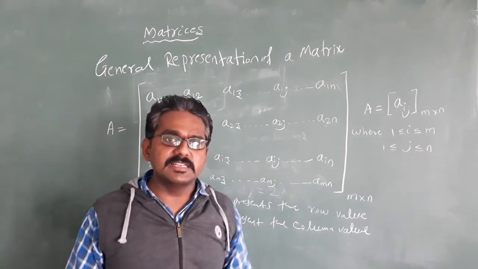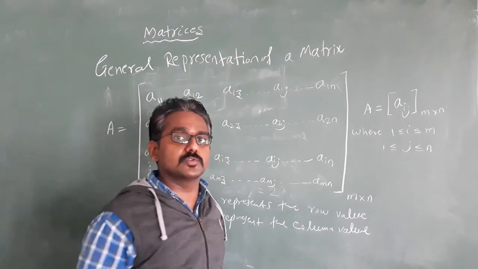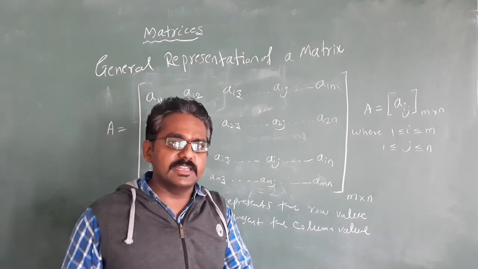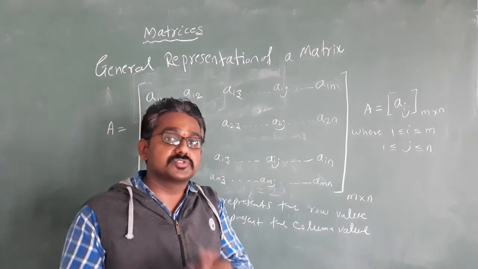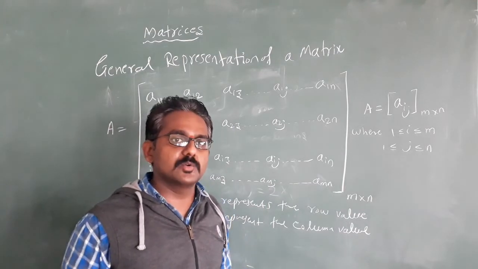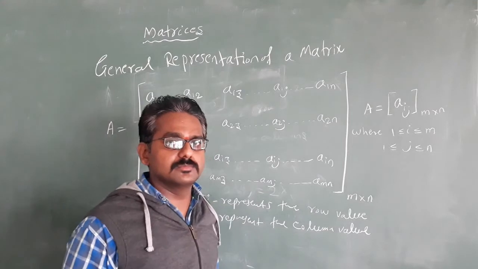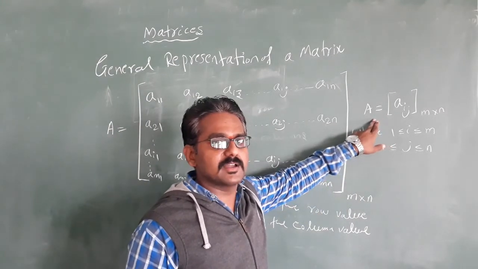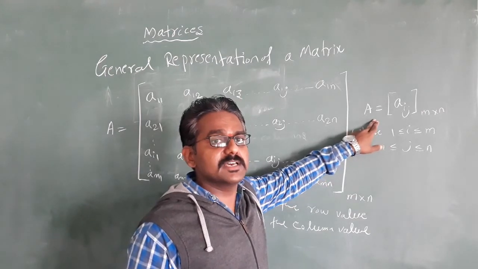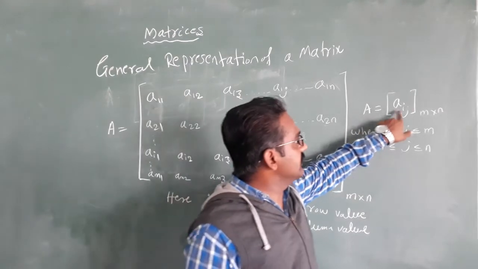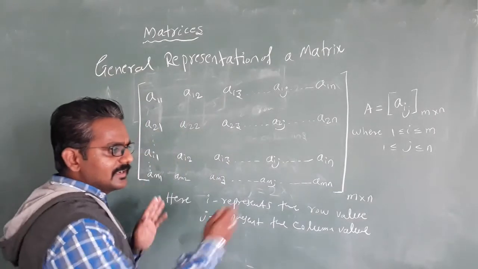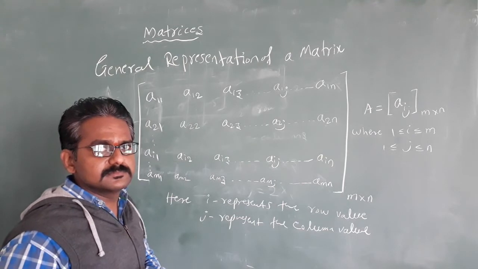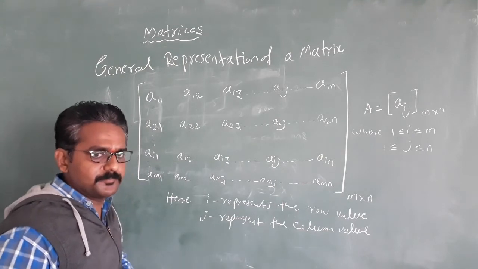Because we don't mention -1 rows or -2 rows, we will not mention all those things. We always represent the number of quantities as a real or positive quantity. That also must be positive. Got the point, students? This is the compact form of the general representation of the matrix. If I vary i and j, we will get different kinds of matrices with certain orders. Got the point? Okay.